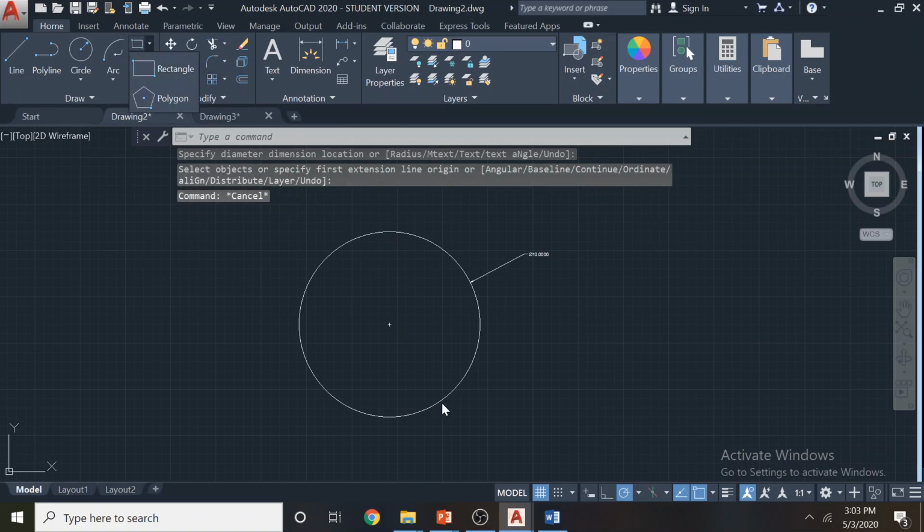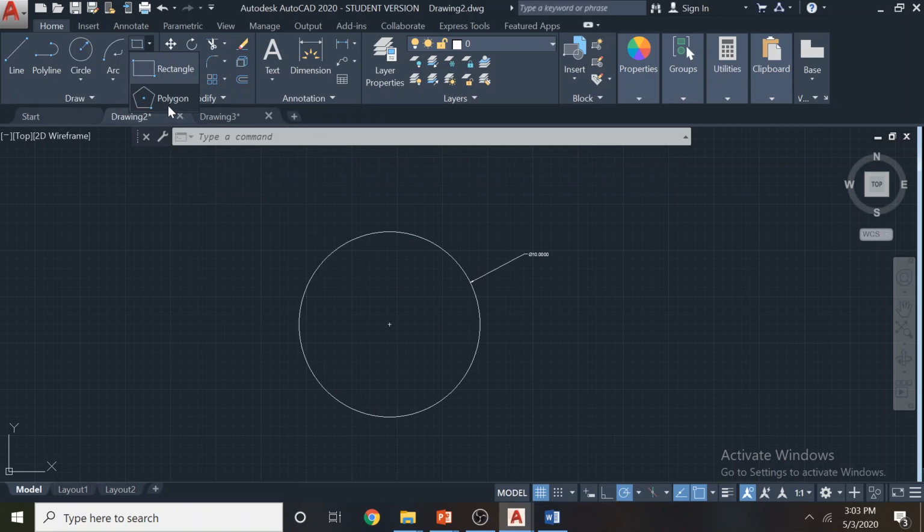I'm drawing this circle just to show you the concept. There's no need to draw a circle. With the polygon tool, the minimum number of sides I can have is 3. When you exceed the number of sides, say around 15, you will see a polygon as a circle. Depending on the radius and the number of sides, sometimes you may see the polygon as a circle. Here I'm going to have a 6-sided polygon, a hexagon, and it says specify the center.